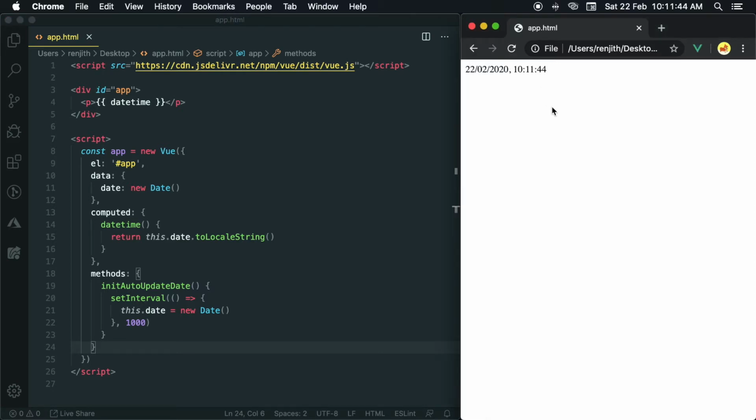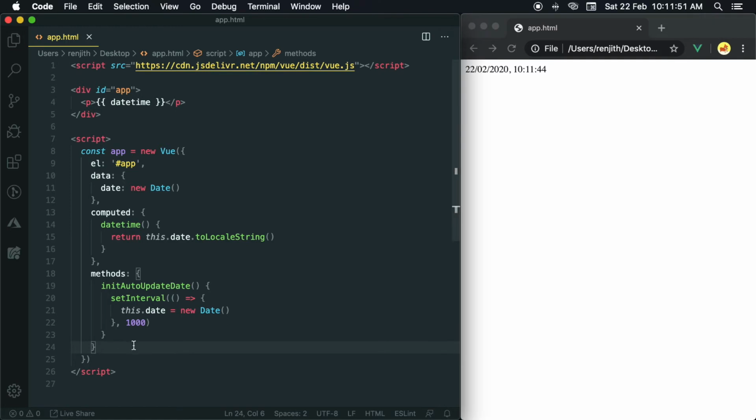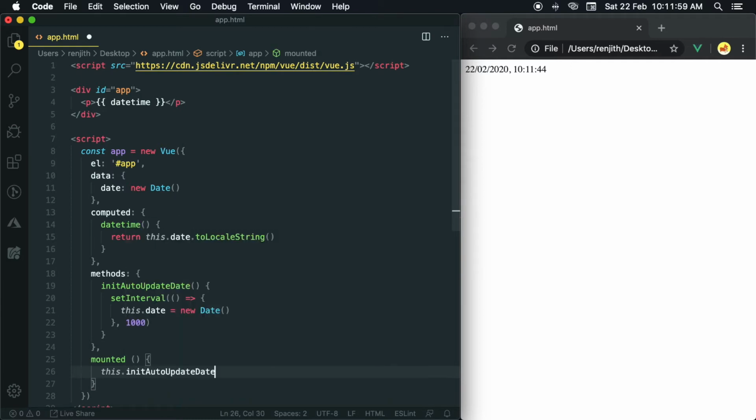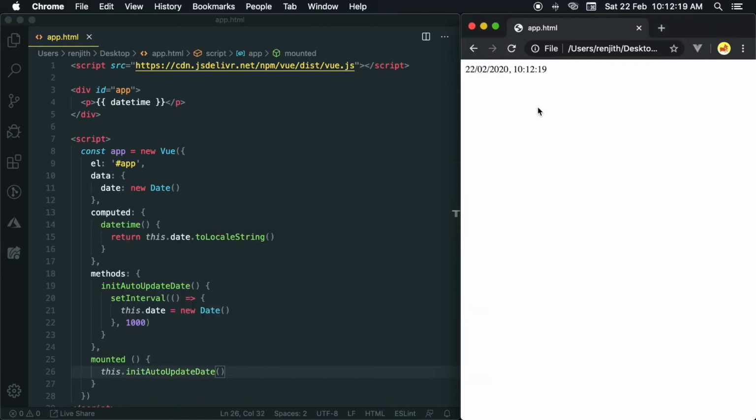Now it won't start to run because the method initAutoUpdateDate is just created. We didn't invoke it yet, so we can invoke it in mounted. Let's check it now. Yes, it's working.